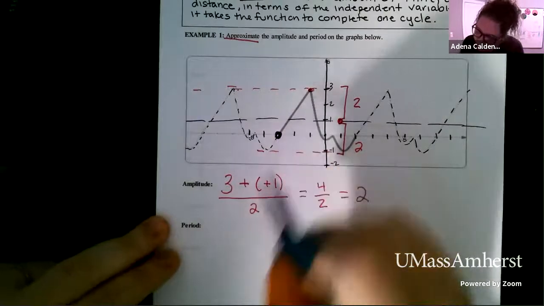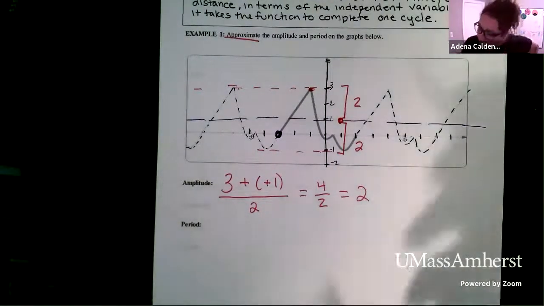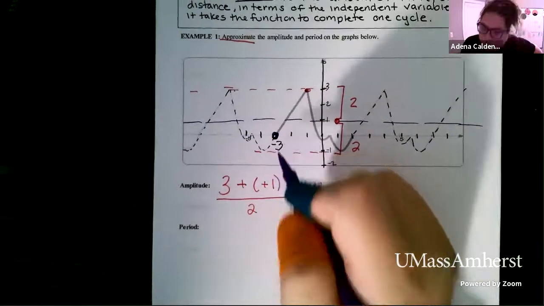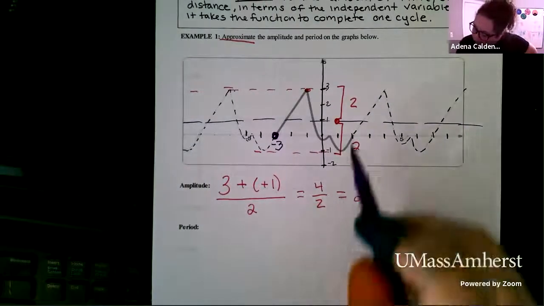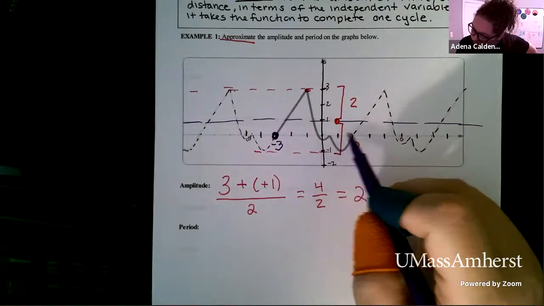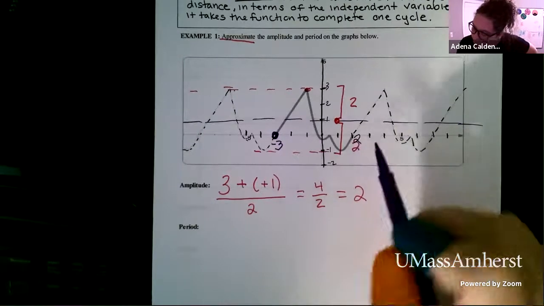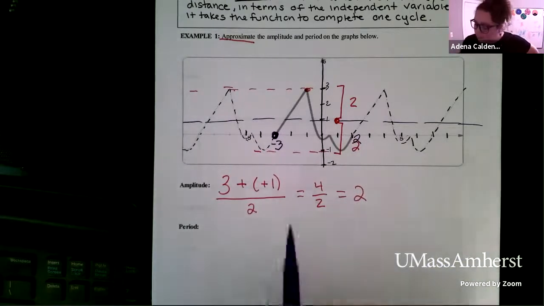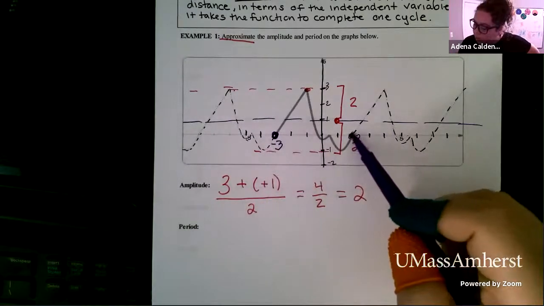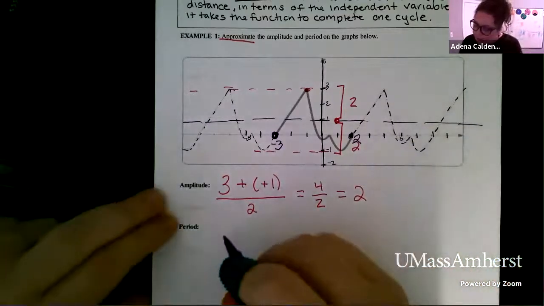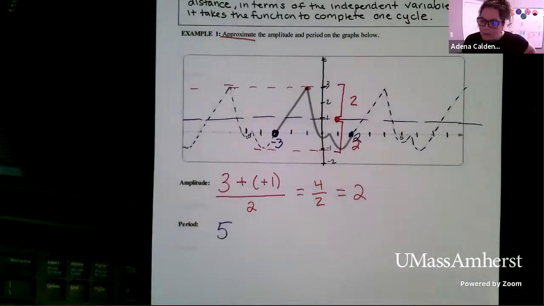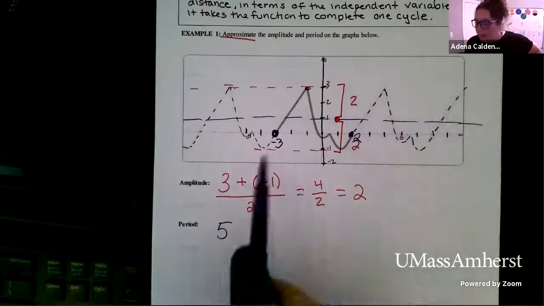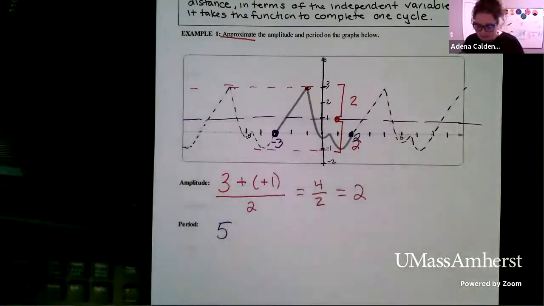So here, I want to figure out where my pattern starts based on where I'm cutting it off. So here, that's -1, -2, -3 is where that crosses through over here. And then to the right of the origin, I have 1, 2. So this is +2. So from -3 to +2 is 5 units. So it took 5 units before my pattern started again, right? So my period here is 5. So again, the amplitude is looking at the vertical things that are happening, and the period is looking at the horizontal things that are happening.